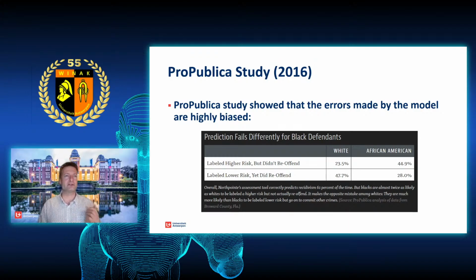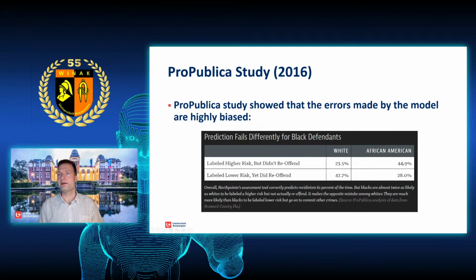There are only two types of errors that are important. Either you predict that this person will reoffend, or is at least at a high risk of reoffending, but the person didn't reoffend, or the person is labeled by the system as low risk, but they did reoffend. And so it got a too positive label, while it should have been given the negative label, well, negative for the convict.